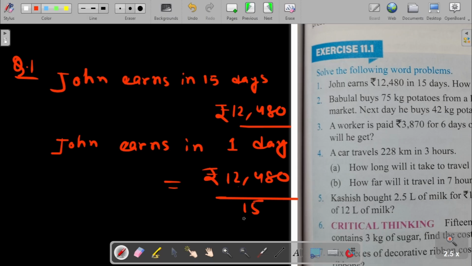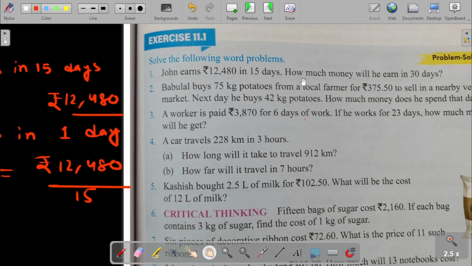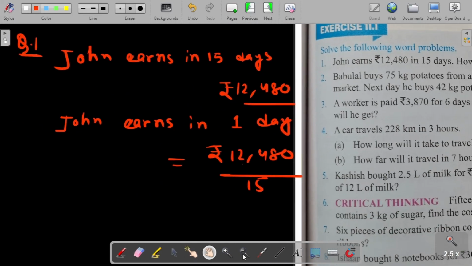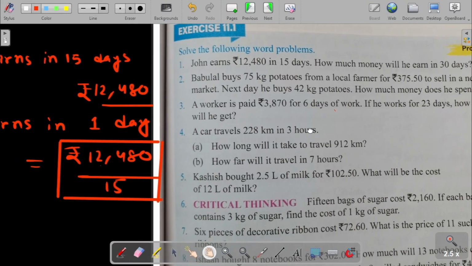তাহলে আমরা যদি 15 ডেজে 12,480 টাকা আর্ন করি তাহলে একদিনে কত টাকা আর্ন করবে? 12,480 ডিভাইড বাই 15। এবার কোশ্চেনের মধ্যে আমাকে কি বলেছে? হাউ মাচ মানি উইল হি আর্ন ইন 30 ডেজ? এই যে তাহলে ওয়ান ডে আর্নিংটা কত হয়ে গেল? 12,480 ডিভাইড বাই 15। এবার কোশ্চেনে আমাকে বলেছে 30 দিনে সে কতগুলো আর্ন করবে।